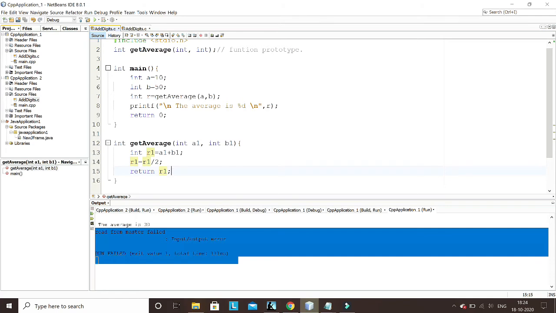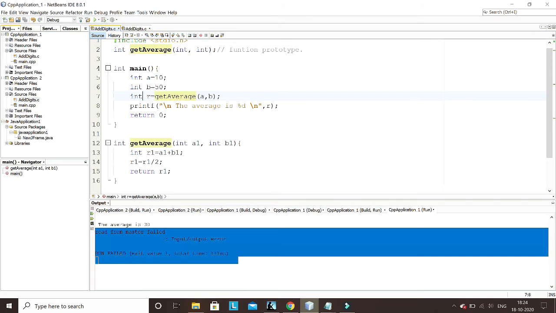Previously there was nothing to return, so it was directly going to the next line. So here it will return to the line from where you have called, and the value it will return is 30. That 30 will return from here to here, and that 30 will now be assigned to r.